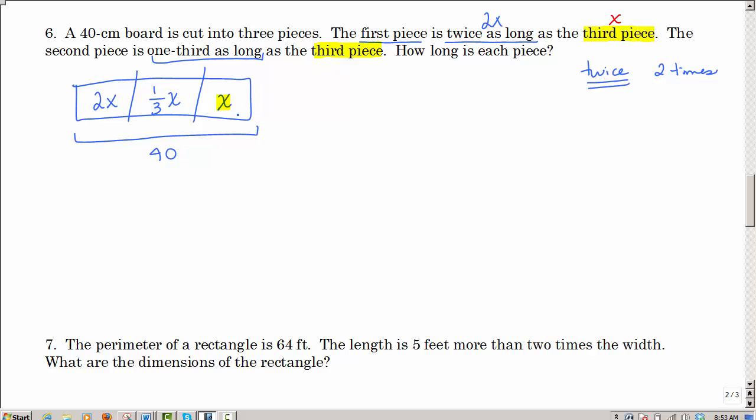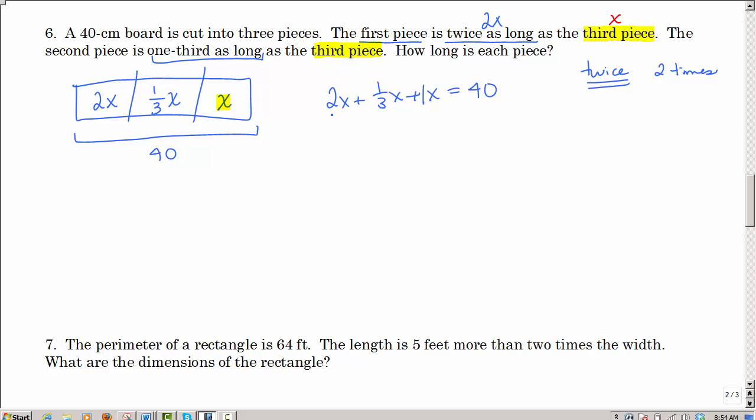So we've defined my variable by drawing a picture. Now I'm going to write my equation. All 3 pieces add up to how long? 40. Now again, we could collect like terms, or if you want to, we could multiply through by the LCD to get rid of our denominator. I think I'm going to do it both ways, not to confuse you, but just some people might want to see it